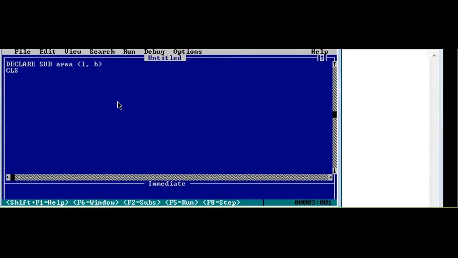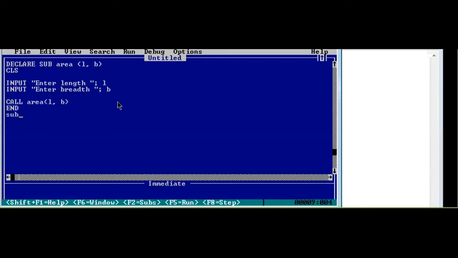After CLS we take input, that is INPUT. Now we need two things. So enter length, L. There are a few things that I will explain in today's class, so please don't leave early. There are a few things that need to be explained which I haven't done in the last class. This much we did in the last class, but there are a few additional things that I'll show in this class, and most probably we'll be discussing them in this class only.